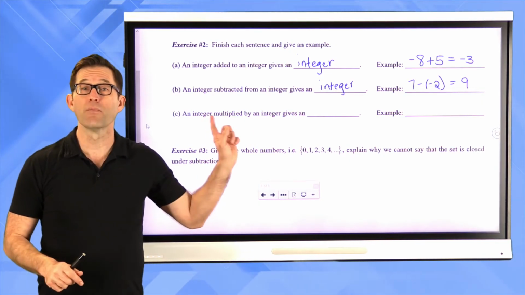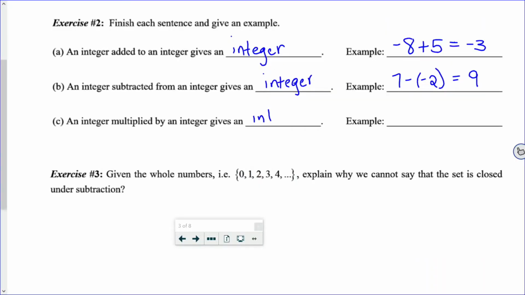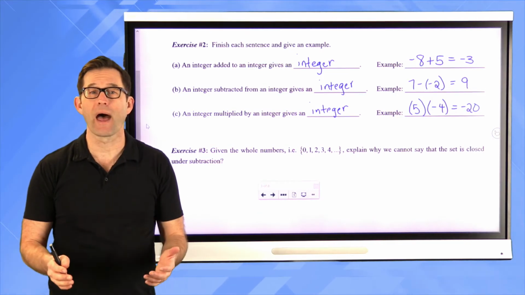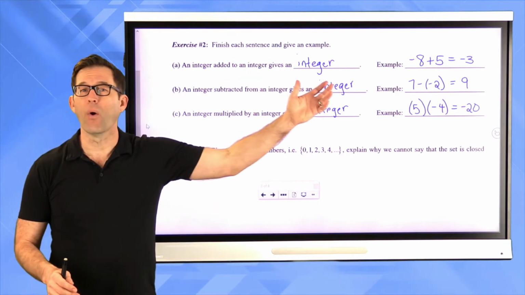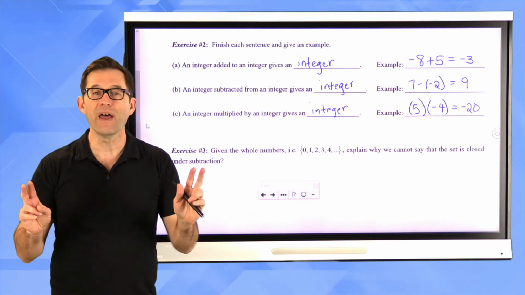And finally, an integer multiplied by an integer gives me an integer. I don't have to invent a new number, right? So maybe I've got 5 times -4 is equal to -20. So in other words, if the only numbers I ever had were integers, and that was it, then I could do all the addition, subtraction, and multiplication I wanted, and I wouldn't have to invent a new type